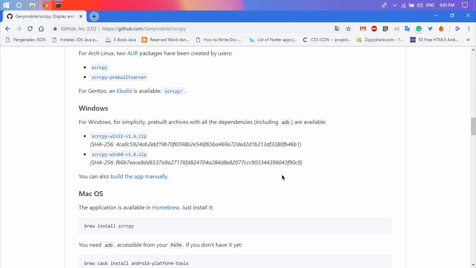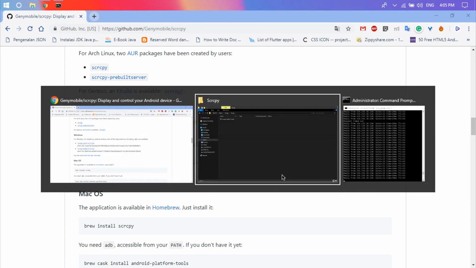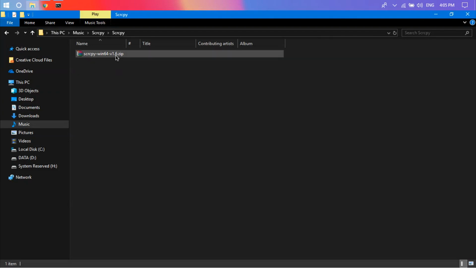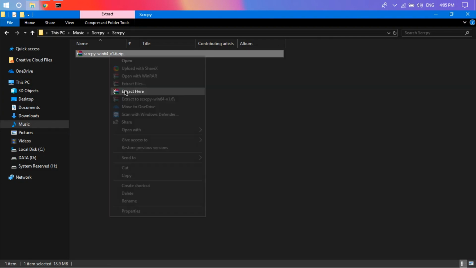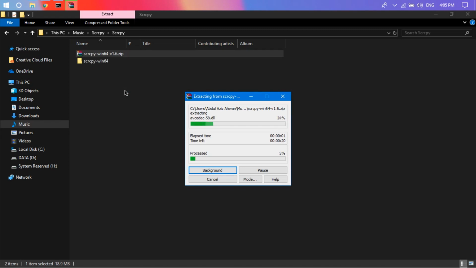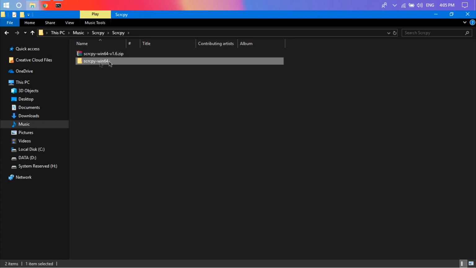And the next step is to go to the download file directory. The file will look like this. And the next step is we need to extract this file. Okay, it looks like this. And to make it easy, I want to rename this folder to scrcpy.